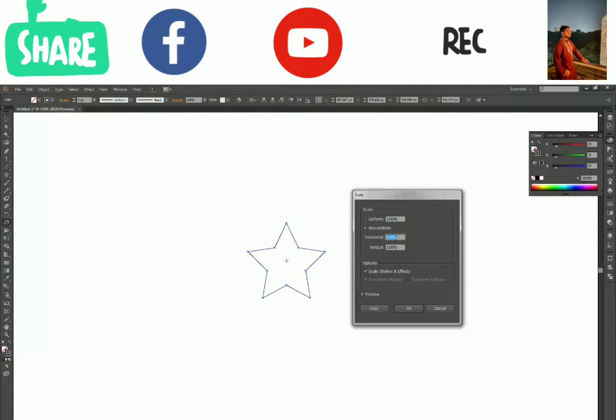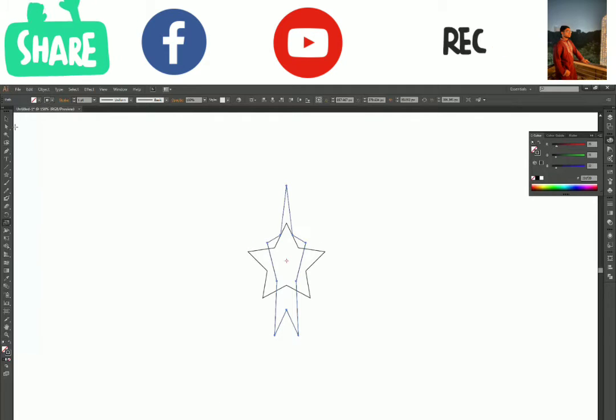In the non-uniform option, you can change these values independently. Let's say in the horizontal direction, make it 50%, and in the vertical direction, make it 200%, and press tab to see the changes. A good thing is I have turned on the preview so that I can see my changes on the go. Okay, so that's how my star will look, but I don't want that. Let's make it uniform and make it 100%, and click OK, or click on copy to have your transformed shape as a new object. Okay, so let's delete this new star and see some more options in the scale tool.